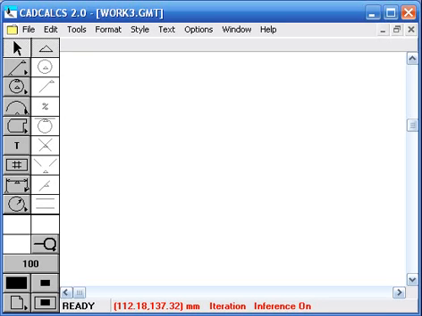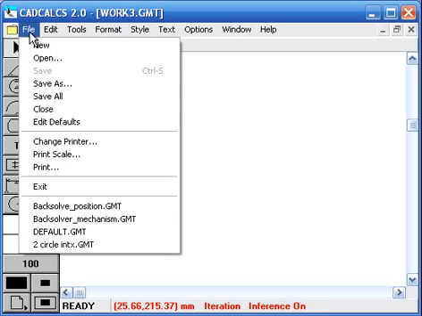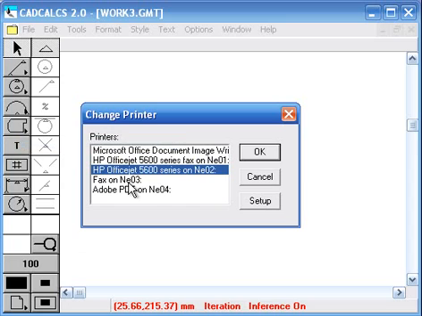You can print a drawing also from CAD Calcs and GraphicCalc, although for generating reports, it's quite easy to just copy and paste the information onto Microsoft Word or Excel or Outlook. But if you want to print a drawing, it's possible also. You can select the printer that you want